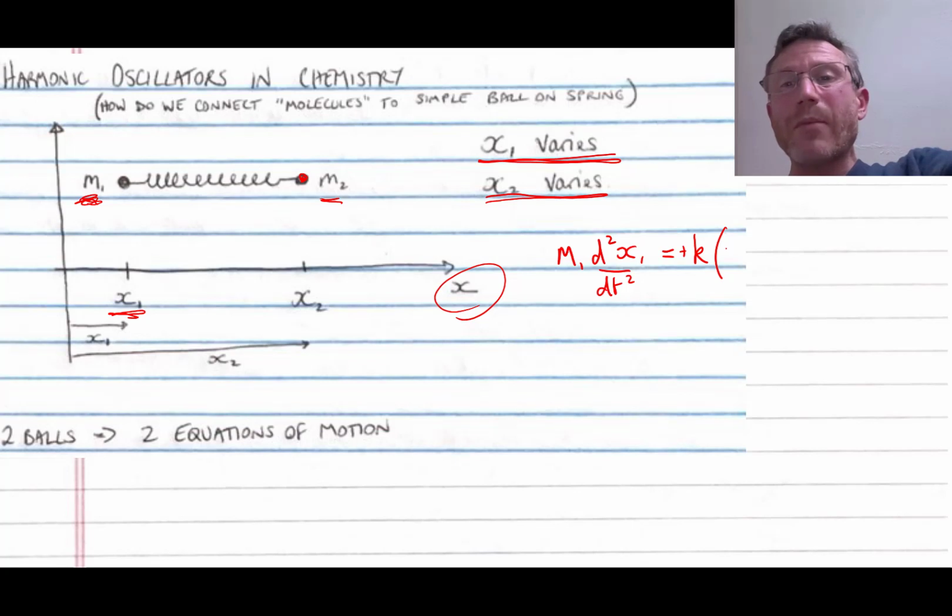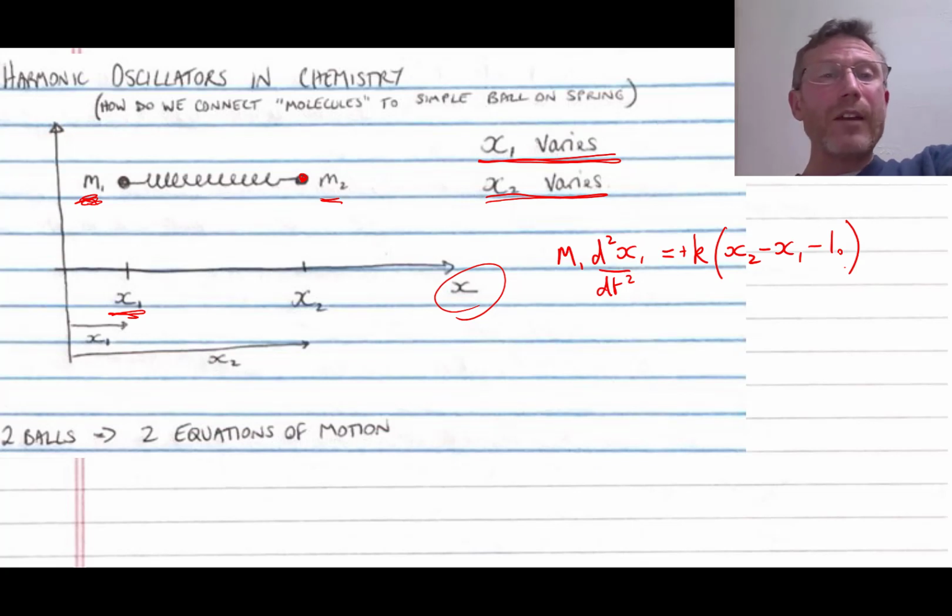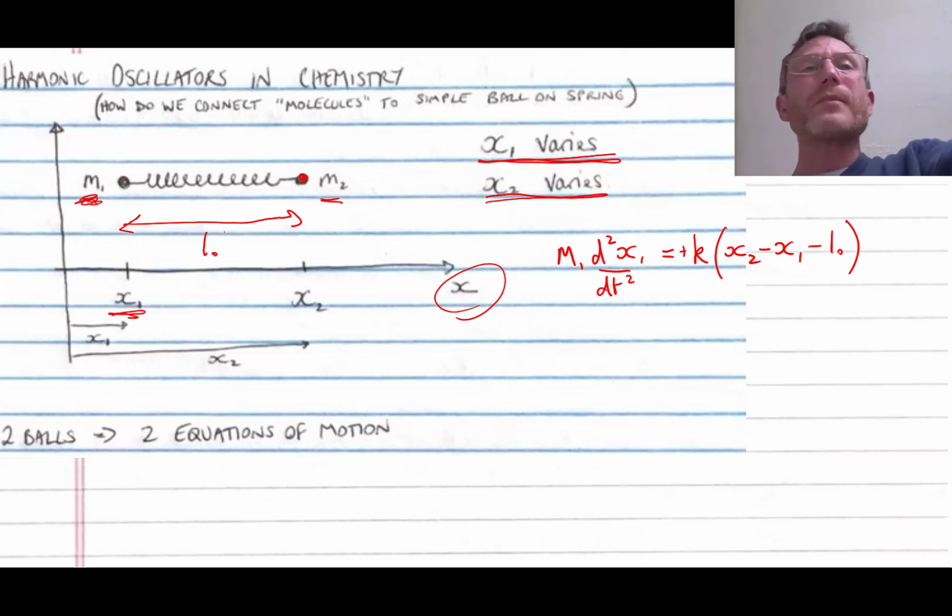multiplied by, in this case now we're going to have the relative positions x2 minus x1 minus L0. Okay, so this is the relative position because the spring goes between mass m1 and m2, and L0 of course is the equilibrium length that exists between these two balls. So this still ends up being the equilibrium length L0 between those two masses. In fact, you could also say that x2 minus x1 is like the value L that we had in our